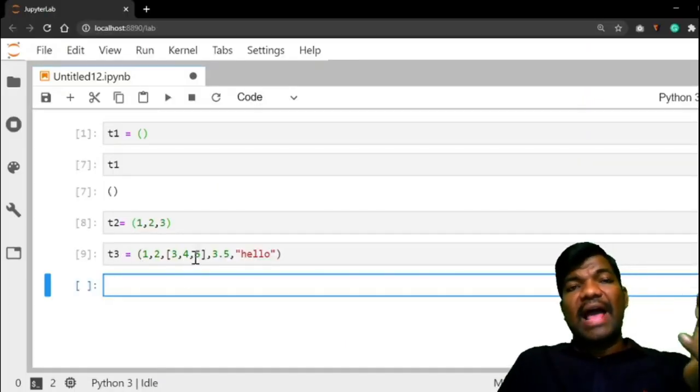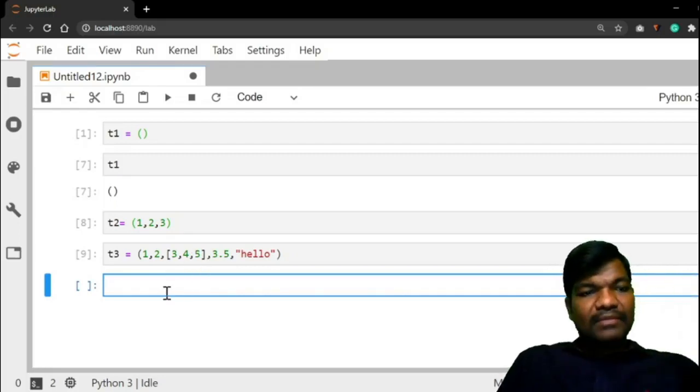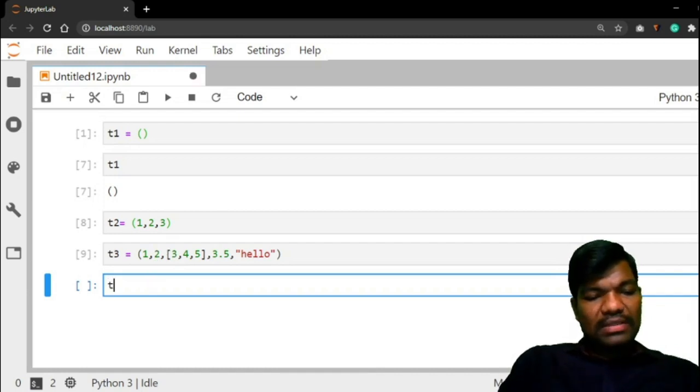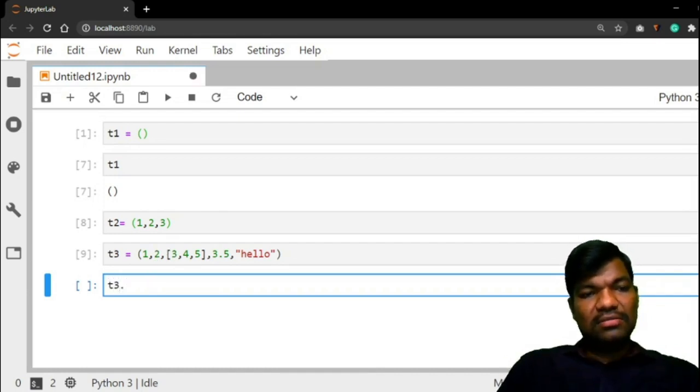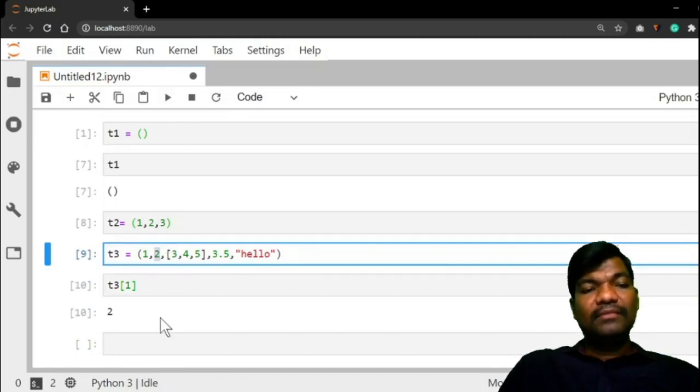Now coming to accessing the elements by using indexing, reverse indexing and slicing. Now I want to find the second element, I want to retrieve that. T3 of 1. So what is T3 of 1? It is 2, right?